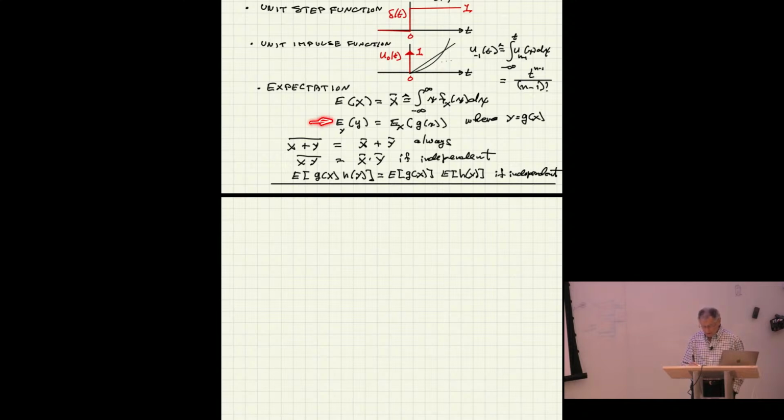It simplifies calculations. We went through the simple calculation also that if you have two random variables, you sum them. The expectation of the sum is always the sum of the expectations, independent or not. However, the expectation of the product is the product of the expectations if they're independent. And if not, it's not. And I'm going to show you the difference later. But for the next assignment you're going to have, it's going to